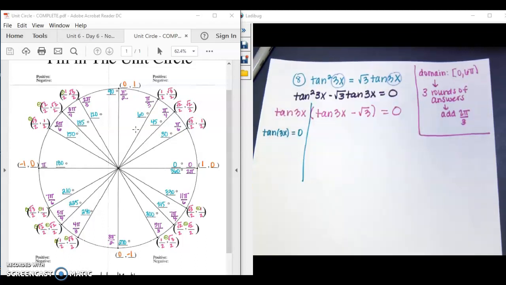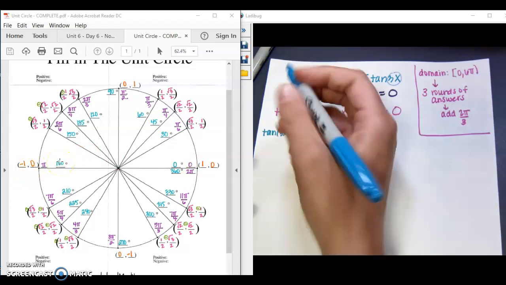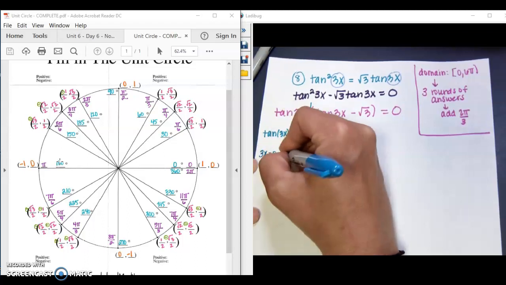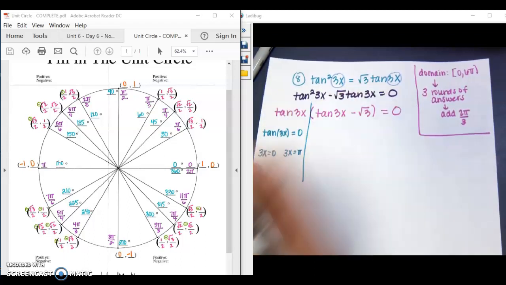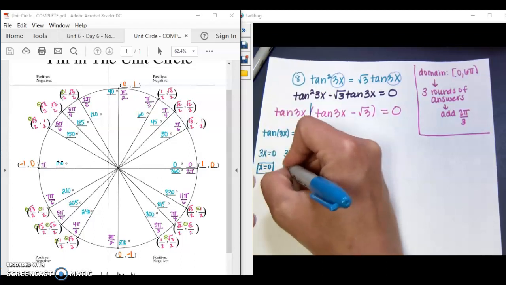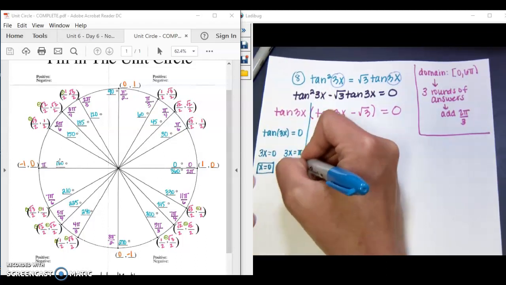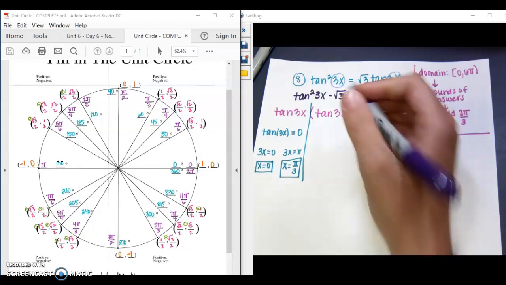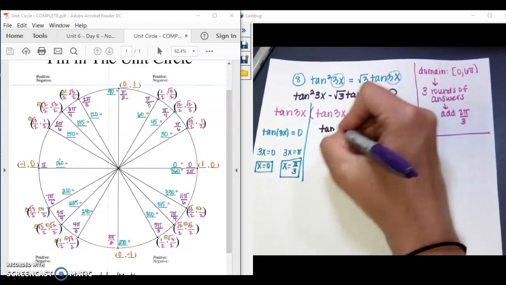So you're trying to find when tangent is equal to 0, so when is y divided by x equal to 0. So that happens over here, we have 0 divided by 1 and 0 divided by negative 1. So at 0 and pi, but you got to say 3x equals 0 and 3x equals pi. So the 2 answers you get from that side are 0 and pi over 3. Now, we do have to do 3 rounds of answers, but I'm going to get the other side before I do my rounds. So on the other side, if I add over my square root of 3,